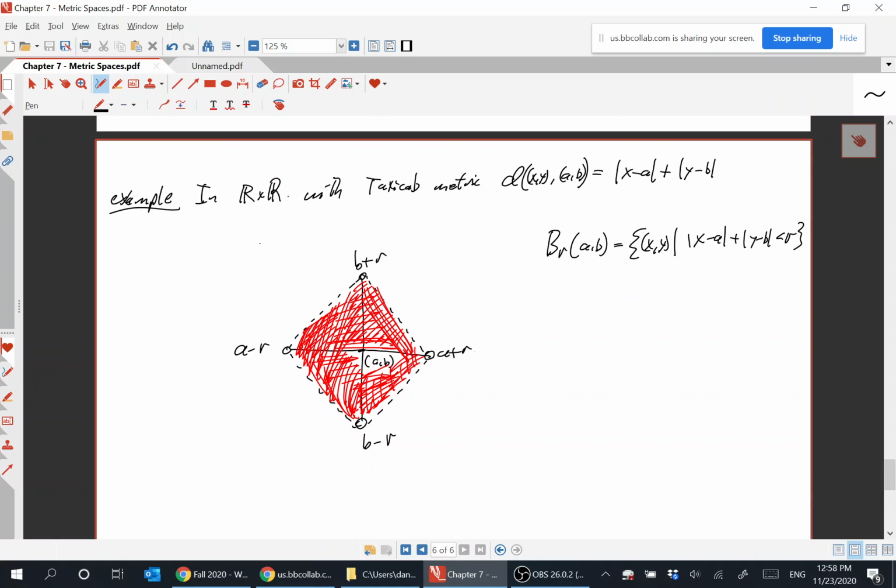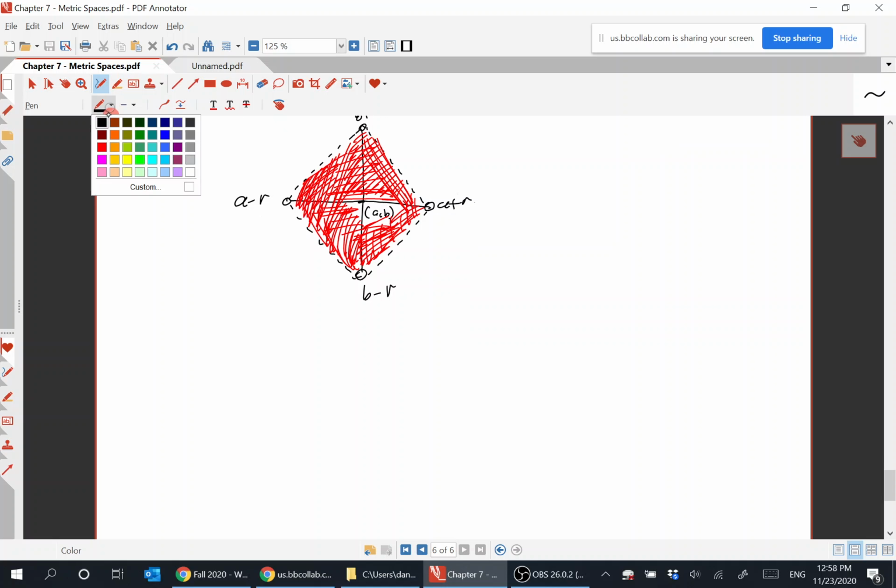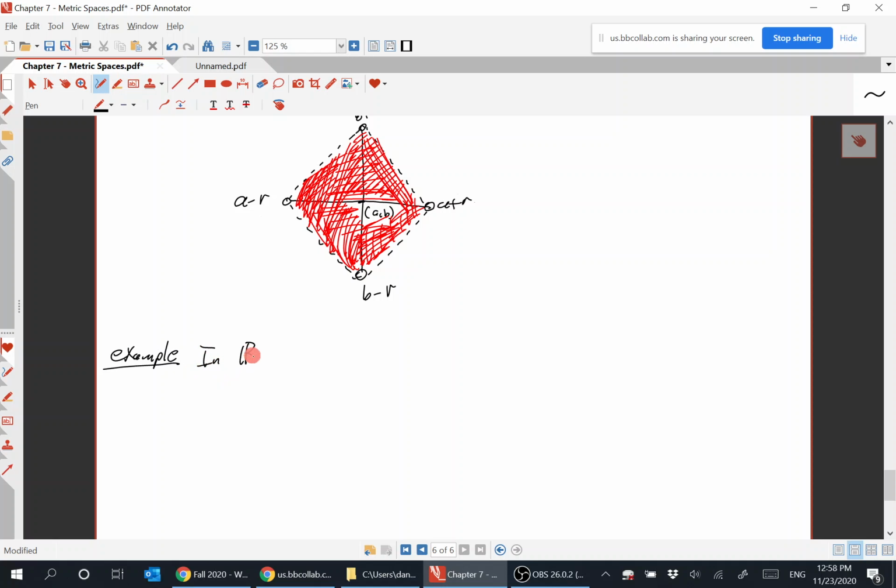And then in R cross R with the max metric, what do you think you get there? A plus symbol, or at least the shape of one. Like two crossing lines. Not quite a plus. Is the max of